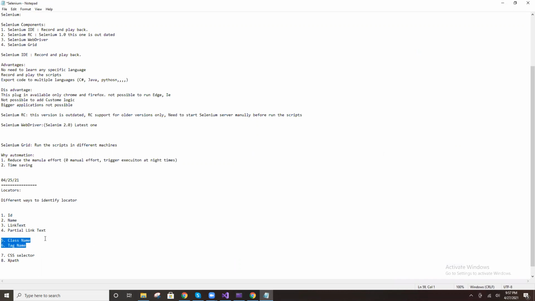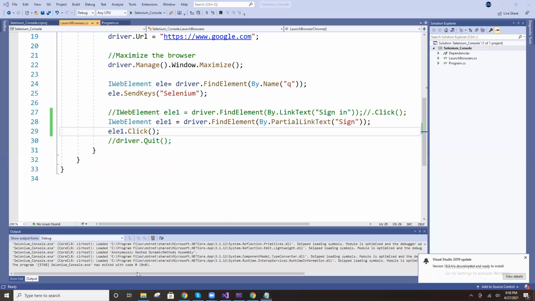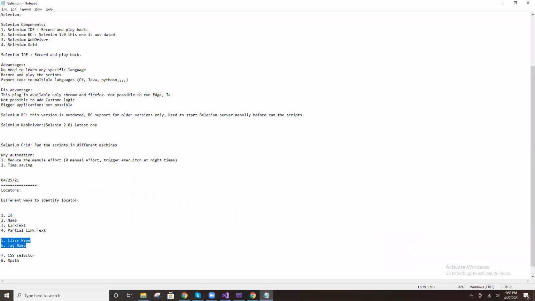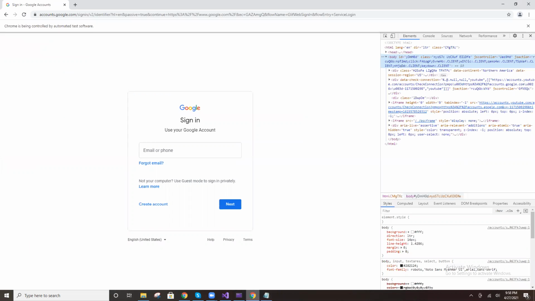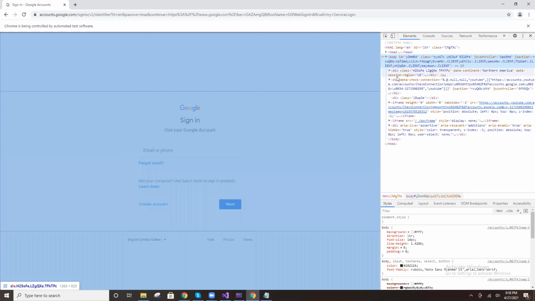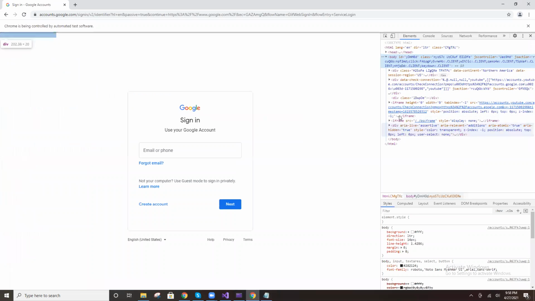Why? Many class names and tag names are available. The same tag name is available for multiple elements. For example, this is a div, and so many divs are there. It is not possible to identify a particular element using tag name.